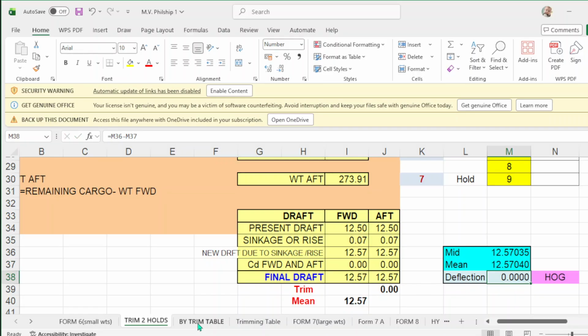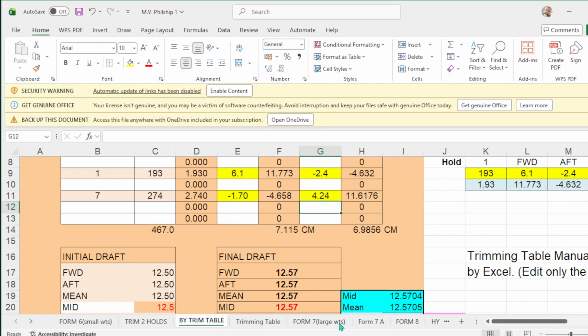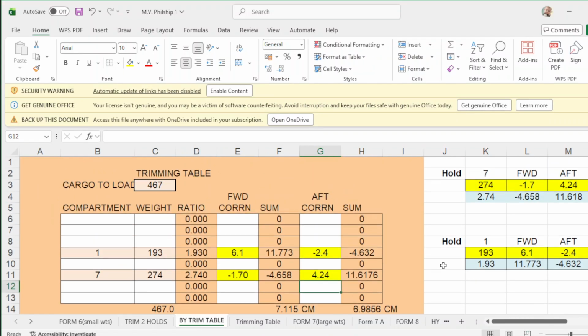Then we go to program number 3, trimming table. So you have the same cargo, you will distribute your cargo of 467 to 1 and 7. So number 1 is 193 and 7 is 274. But you have to apply your forward and up correction on hold number 1 and hold number 7.